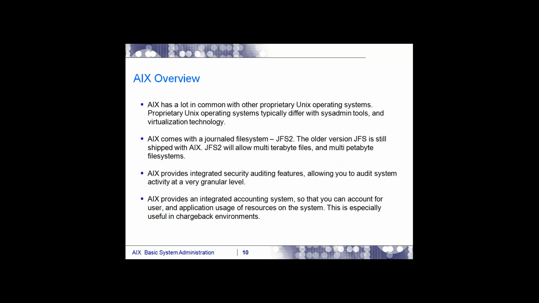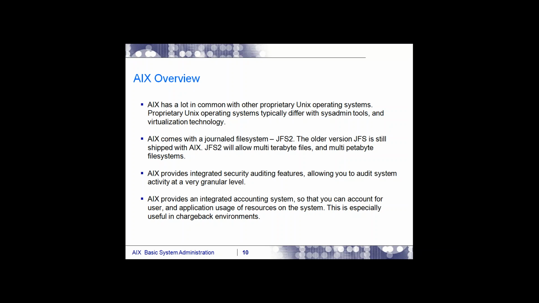Whatever the limit that is provided by AIX. Here, file systems means, for example, if the /var directory is full, then we can increase the /var size.